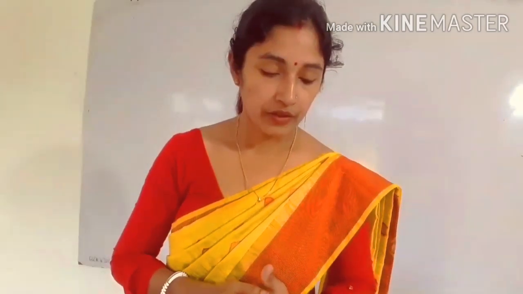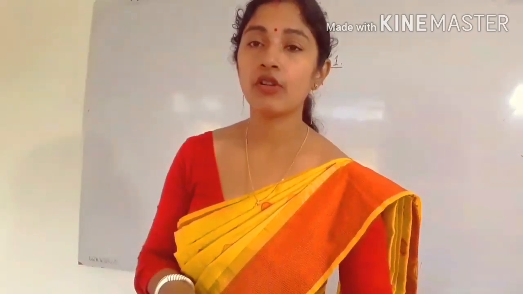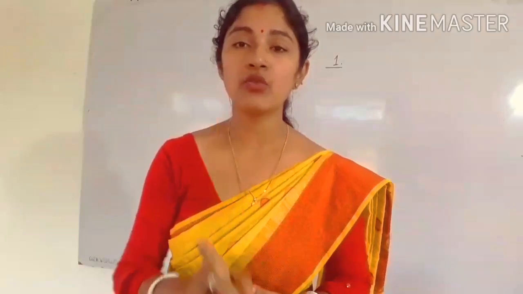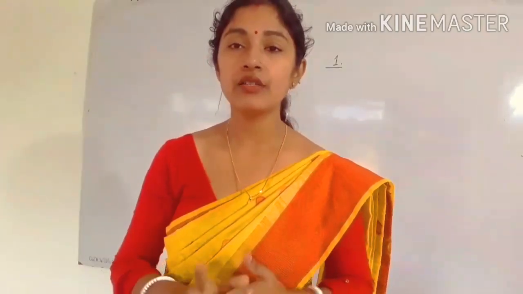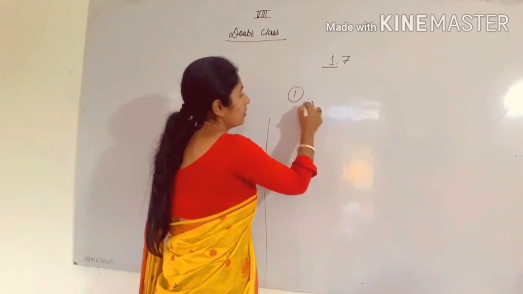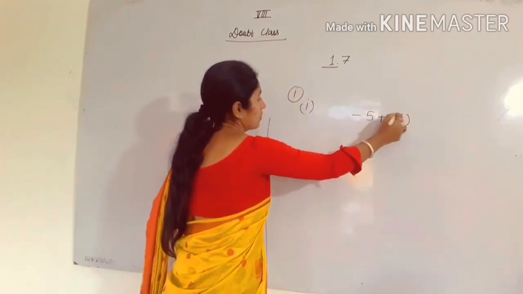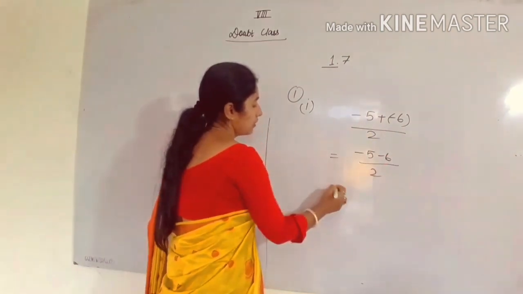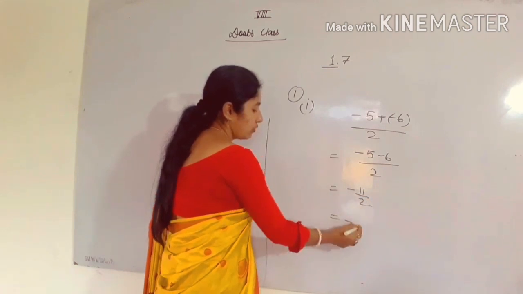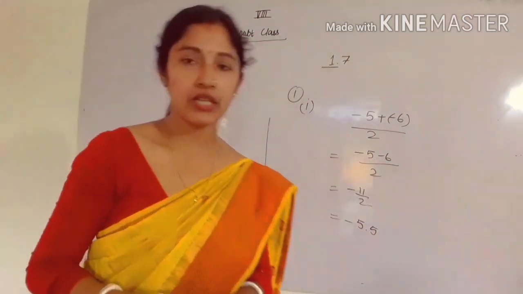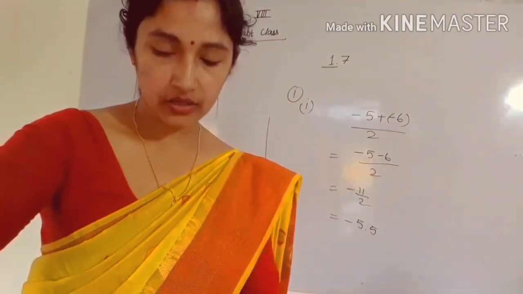Okay, so you can find a different rational number also, but the simplest way is, if you want to find a rational number, a means what? One rational number, then the simple method is add the two numbers and divide it by 2. So the rational between them will be what? We have to add the two numbers and divide it by 2. So you will get -5 -6 by 2, that is -11 by 2. So when you cancel it out, or you can divide, so you will get -5.5. That will be the rational number between -5 and -6.